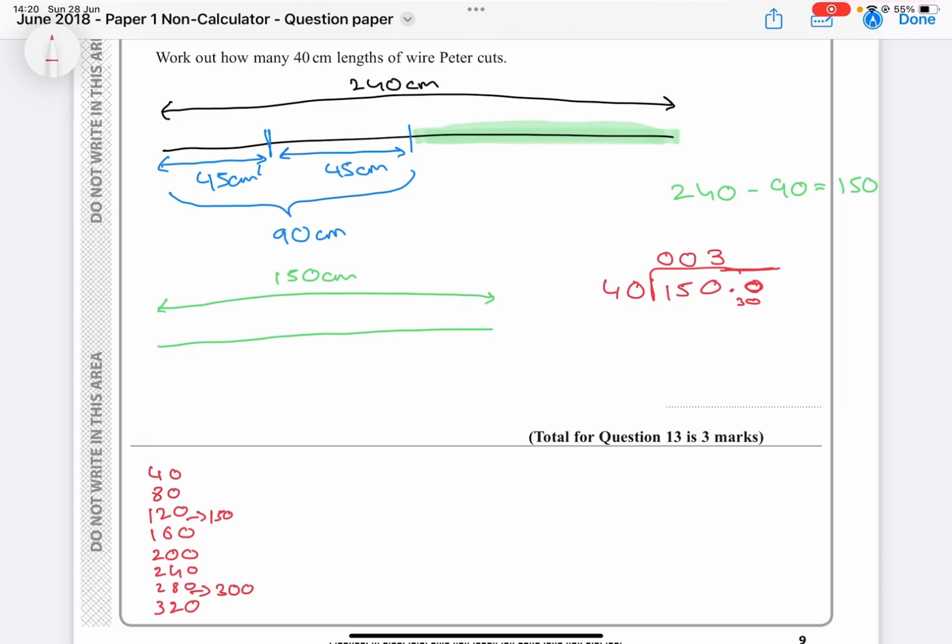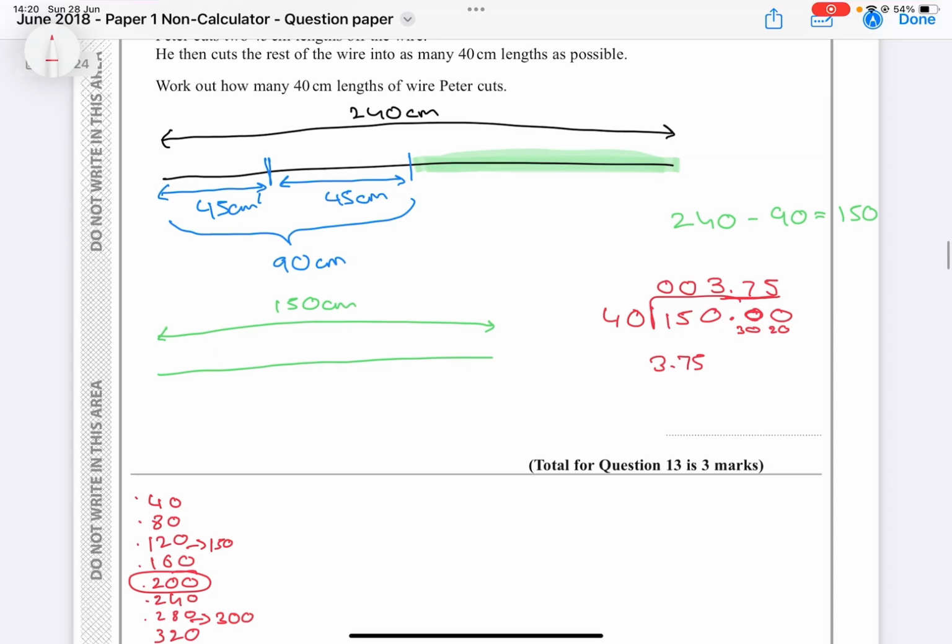So how many times does 300 go into 40? Well, that's 1, 2, 3, 4, 5, 6, 7 times. Okay, but there is a remainder, and there's a remainder of 20. So put another 0 here as a placeholder, and 20. Because from 280 to 300, there's a 20 difference. So that's your remainder, okay? And 200 goes into 40 exactly 5 times. So your answer is